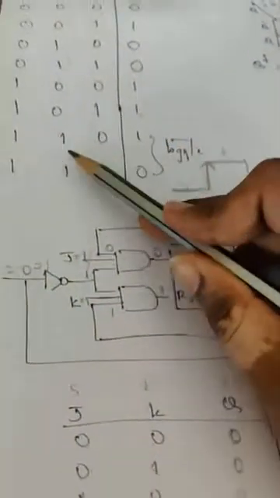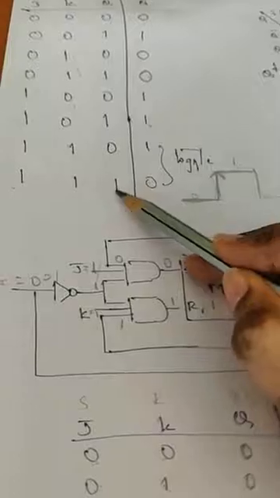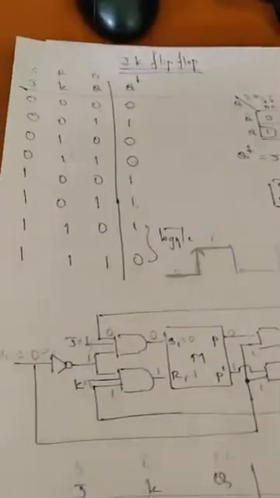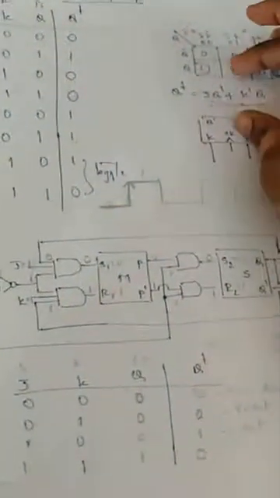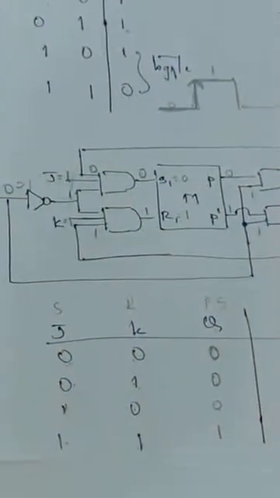I just told you about toggle state, if the present state is 0, next state will become 1. If the present state is 1, next state will become 0. So that is what happens. The present state was 1, next state becomes 0 when the inputs J and K are 1 and 1. This is how you are supposed to trace out the JK flip-flop. In an examination, you are supposed to write this circuit, this table, this characteristic equation. You need to explain what I just explained, all those things. Okay. This is with respect to the JK flip-flop.